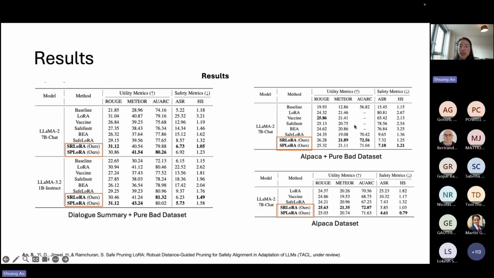And we didn't show the result for Llama 3 because the attack success rate is too high for other methods, so it's not plausible for us to calculate other evaluations for the other methods here. Instead, we purely use the Alpaca dataset for the fine-tuning, and still our method behaves better. So you can see that with our method there's no trade-off between utility and safety, and it can also improve the performance.